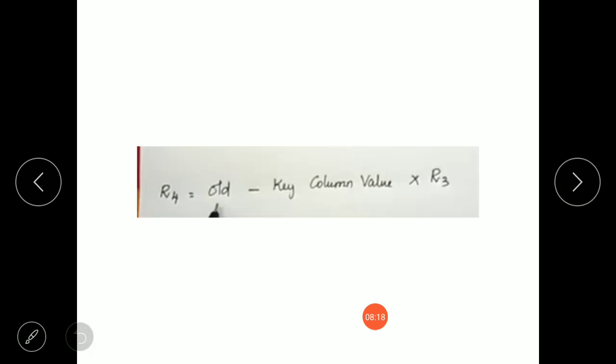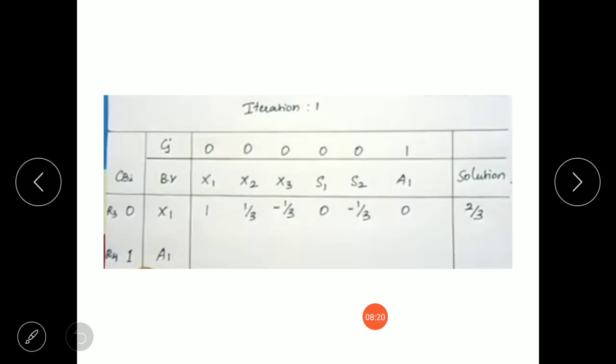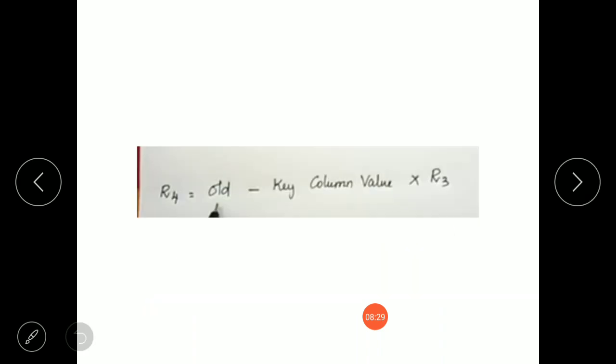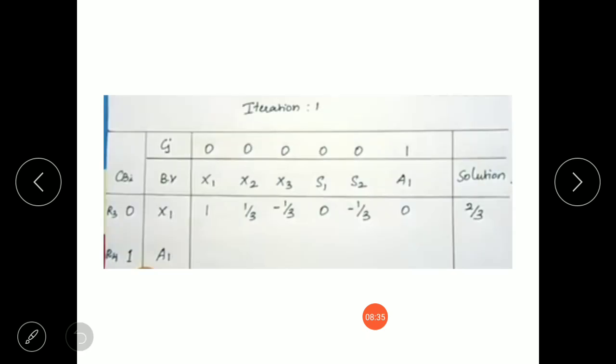Again I am repeating the formula for finding the values in the R4 row, or for finding the values corresponding to A1. It is old value minus key column value into newly introduced values in iteration table 1. So for the A1 row, what are the old values?